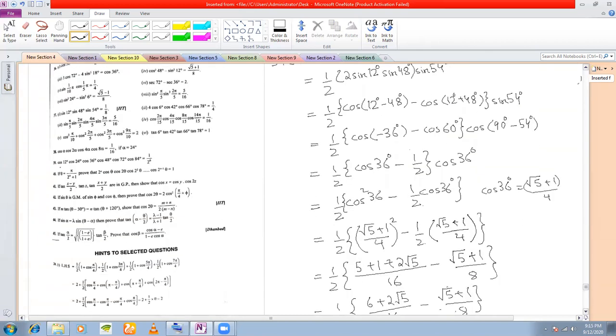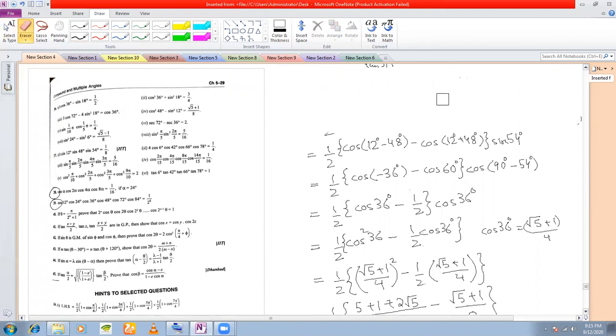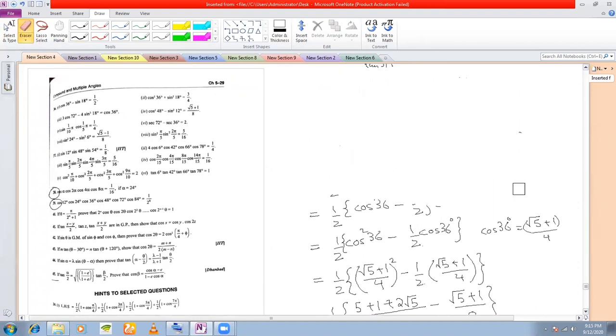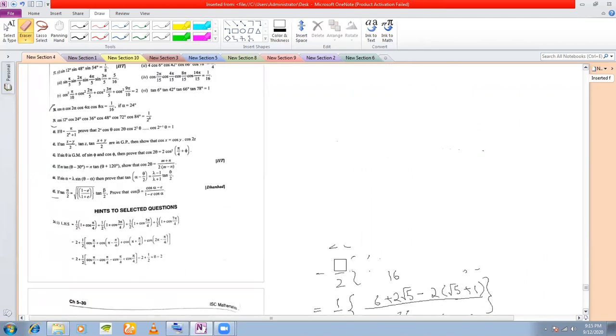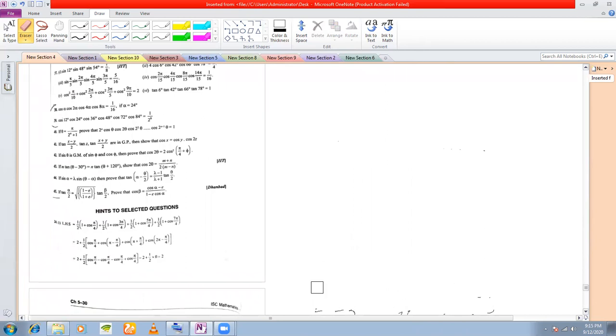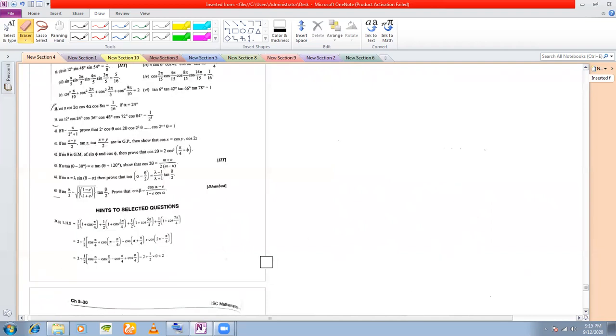Next I'm going to do number 38 and 39 both. This is the last exercise. After that, we will start equation of straight line. Trigonometrical equations and all I'll do later. These are not important for commerce. I will just touch upon these topics, trigonometrical equations and everything. They are more important for science, not for commerce.